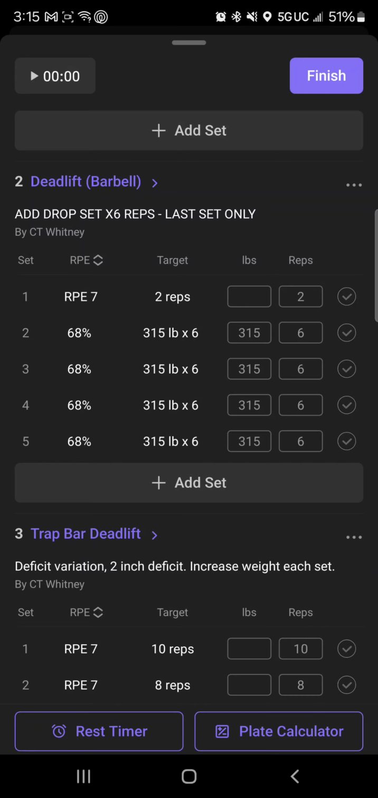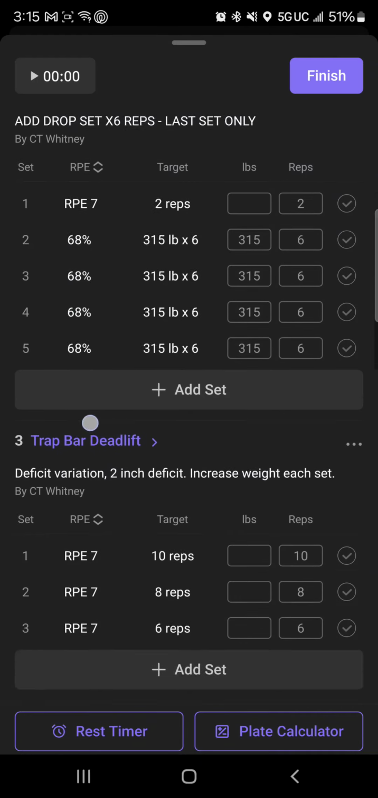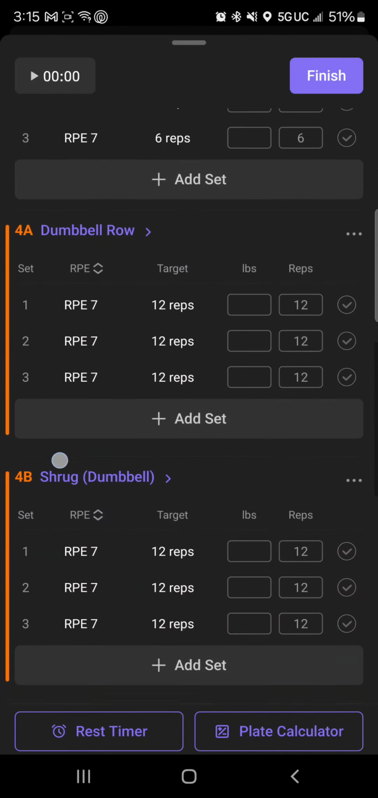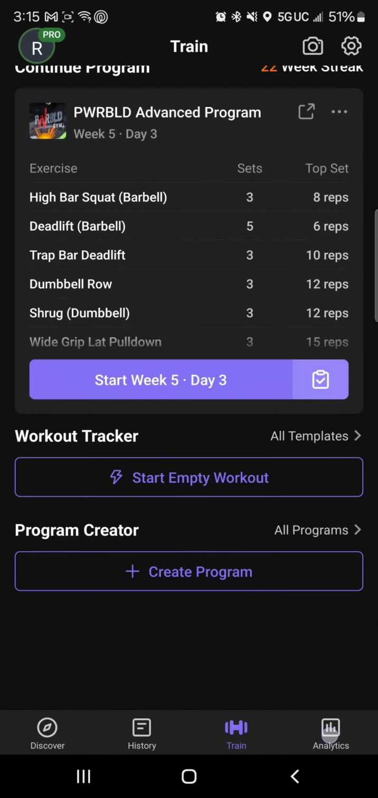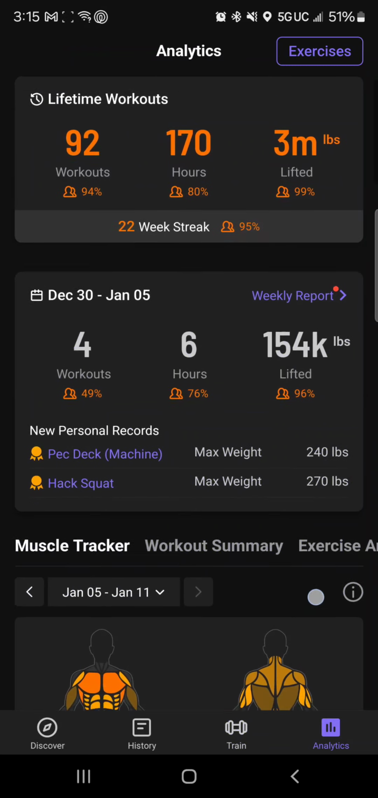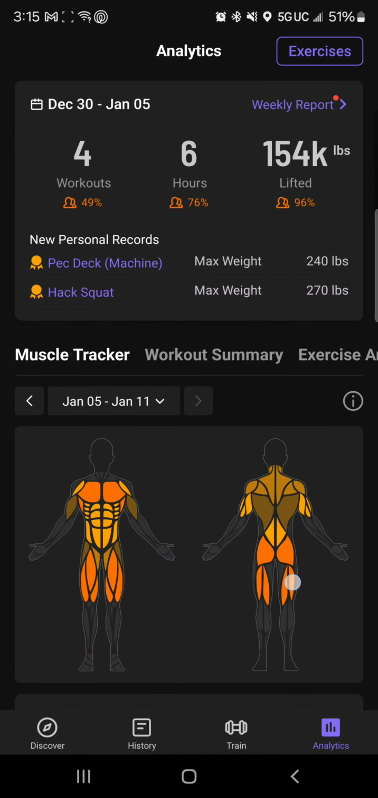So an RPE 7 one day might be, for example, 400. Next day, if you're still feeling a little bit stressed out and tired, it could be 315. So it really just depends on your body. This workout here, we're gonna have trap deadlifts, dumbbell rows, shrugs. So then that's it. And then you can go to analytics on the side, and here it gives you more